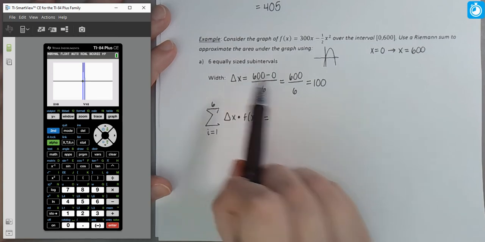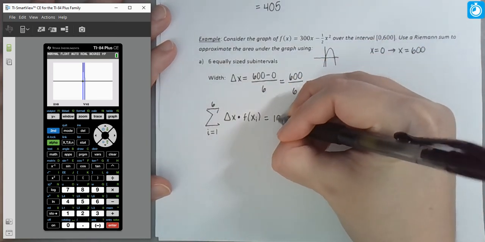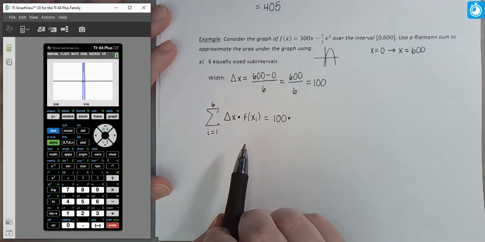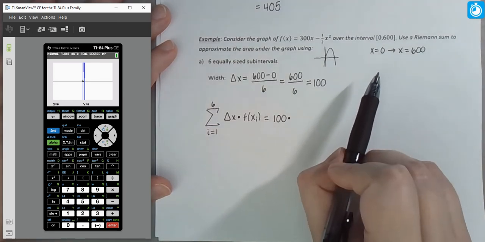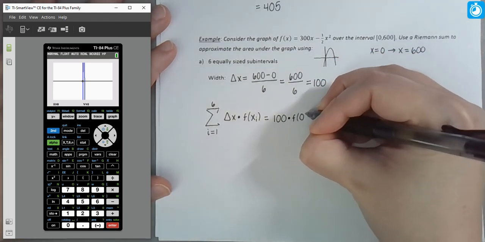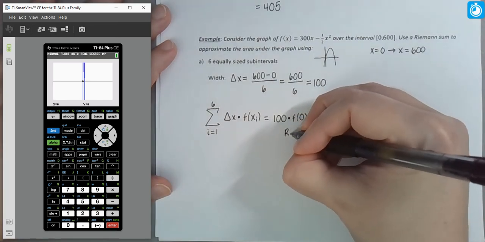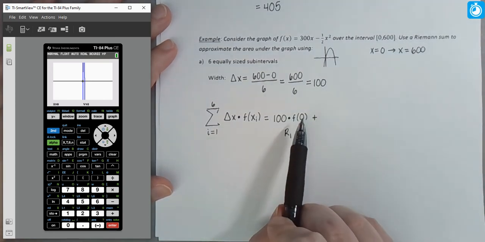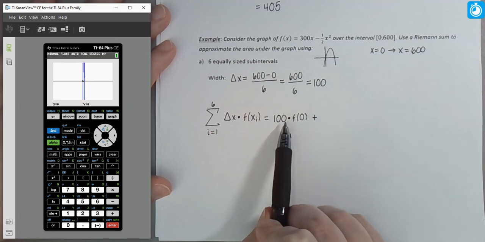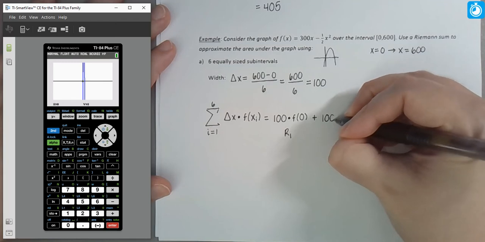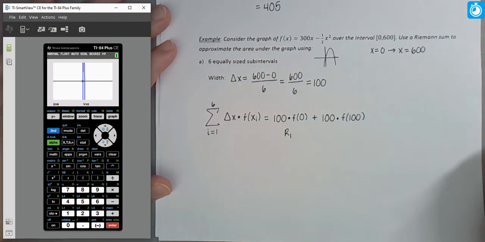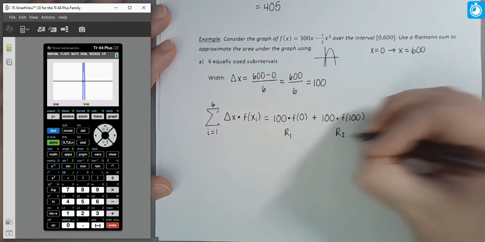Okay, well, delta x, we know that's constant, so we're starting with our first rectangle. It has a width of 100 units times the function value associated with the first x value. Well, our first x value is 0. Okay, so our first f value is going to be f of 0. So this is the area of rectangle 1. Now, as we go to rectangle 2, how do we get there? Well, we're starting at x equals 0, and then the width of each rectangle is 100 units. So we go from 0, 100 units across, which would take us to the next value of 100. So the width of the rectangle times the output at the next x value, so f of 100. So that's going to be rectangle 2